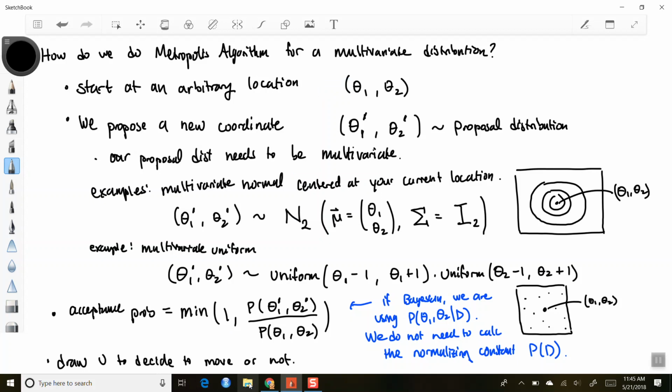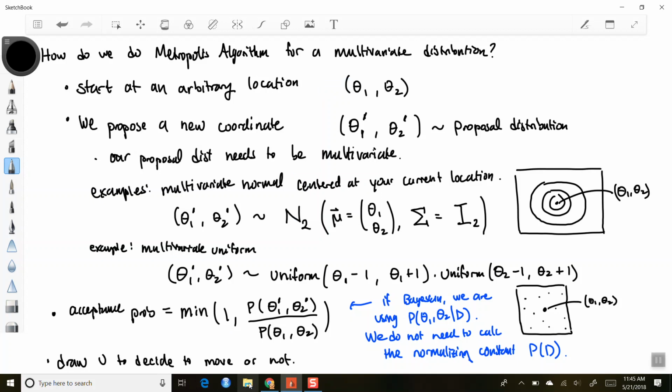I hope this feels okay, that this doesn't feel like a huge leap from what we've done. This is the multivariate generalization, and it should feel very similar, except now we have multivariate proposals, okay? And of course, these are just simple symmetric multivariate proposals. If you want to do Metropolis Hastings, you don't have to have a symmetric multivariate proposal. You could have one that's not symmetric, and then you would adjust your acceptance probability so that the proposal distribution ratio will also be thrown in there. Okay,